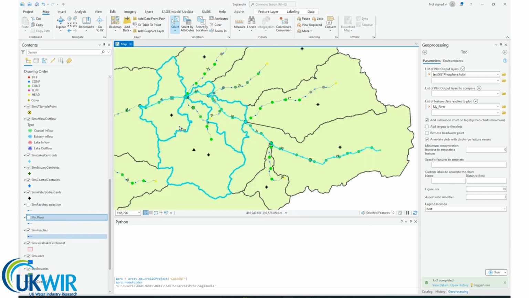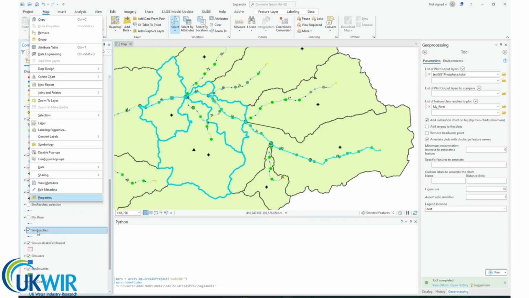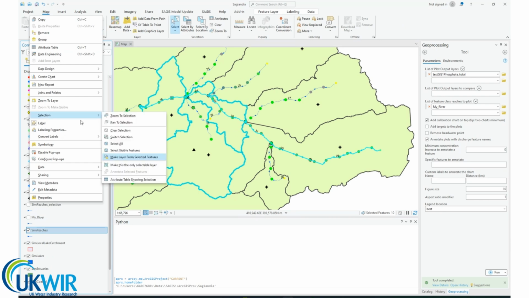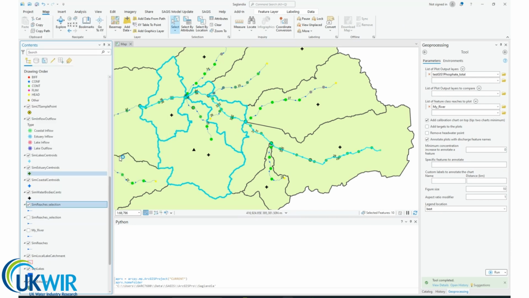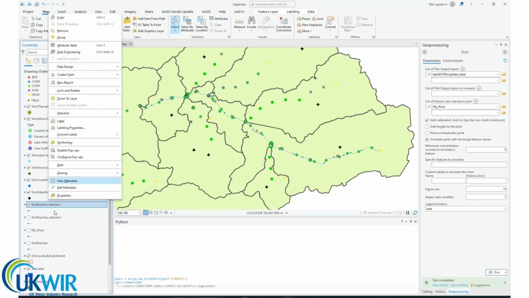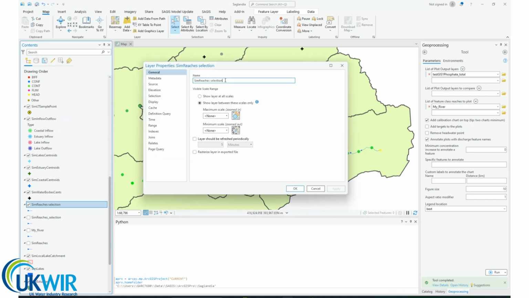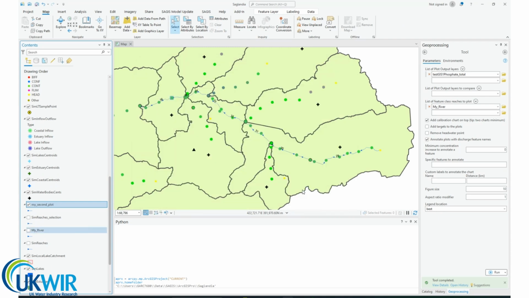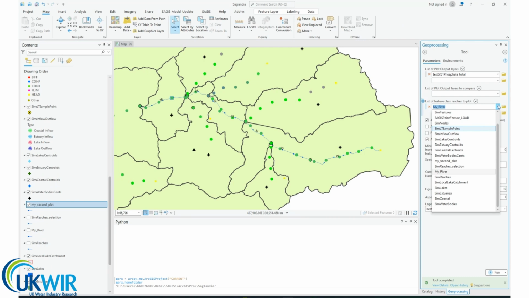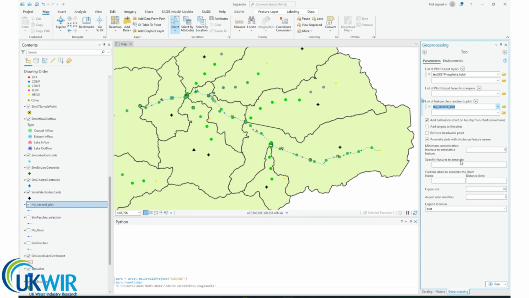And now, if we right-click on Sim Reaches, Selection, and Make Layer from Selected Features, I'm going to clear everything, and I'll just remove Sim Reaches. As you can see, that has created a smaller version of Sim Reaches that contains only the reaches that we selected. Now I'm going to call this, for example, my second plot. Just press OK. And if we select it here and rerun the tool,